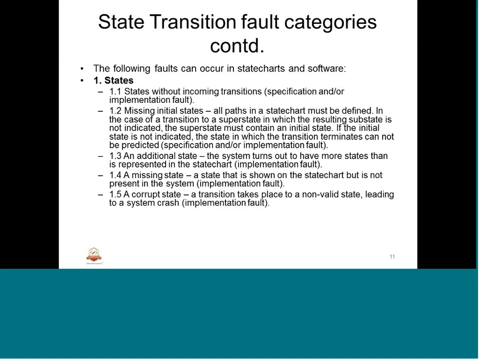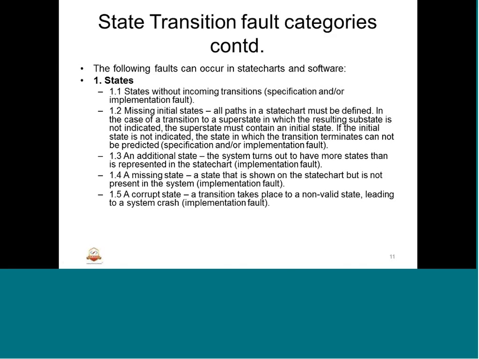That means where we don't have a resulting substate, there should be an initial state at least to switch on. If the initial state is not indicated, the state in which the transition terminates cannot be predicted. We don't know where it's going to be terminated. The state's specification or implementation is at fault. The specification could be wrong or the implementation could be wrong. So this is one of the faults,